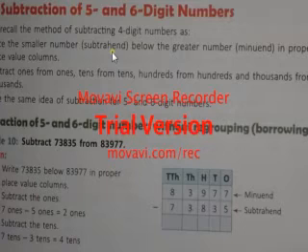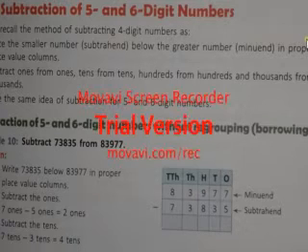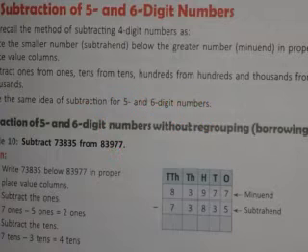And about subtrahend and minuend, I had given the definitions earlier. The smaller number which is to be subtracted is the subtrahend, and the bigger number from which the number is subtracted is the minuend. The bigger number is at the top and the smaller number is at the bottom. Here you can see the second line. Subtract ones from the ones. Ones will be subtracted from ones only, tens from tens only, hundreds from hundreds only, and thousands from thousands only.